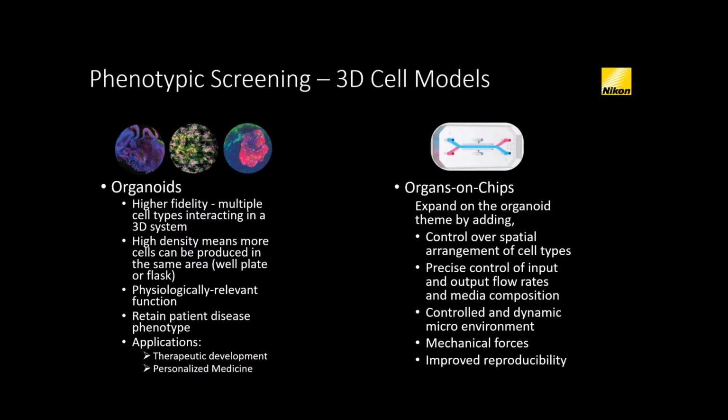So some examples are organoids, which are 3D arrangements of cells, and organs on chips, which is a microfluidic device that has very high control over the spatial arrangement of different types of cells. So you can create things like lungs or kidneys or livers or colons, these kinds of things in a chip that can then be